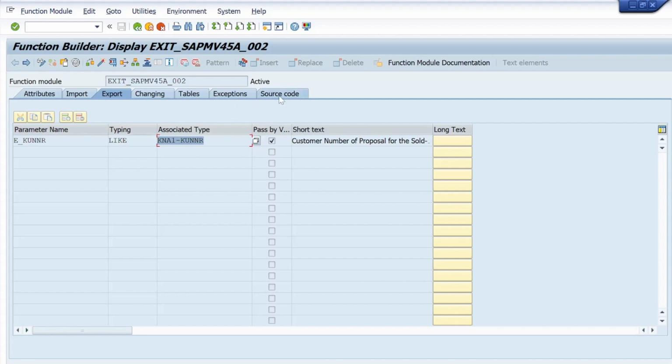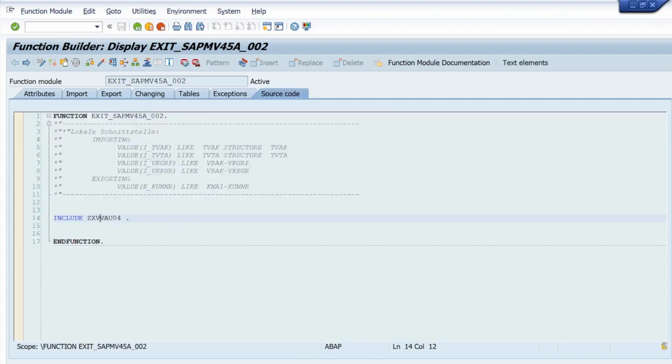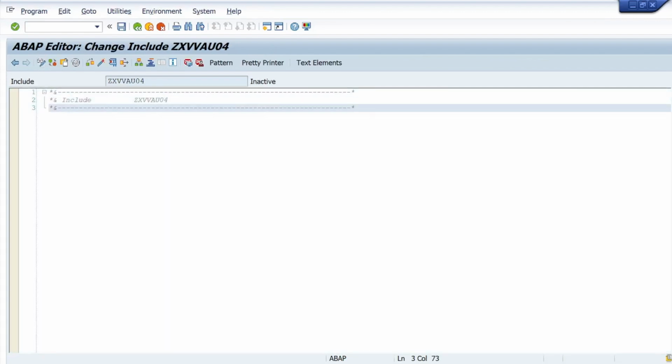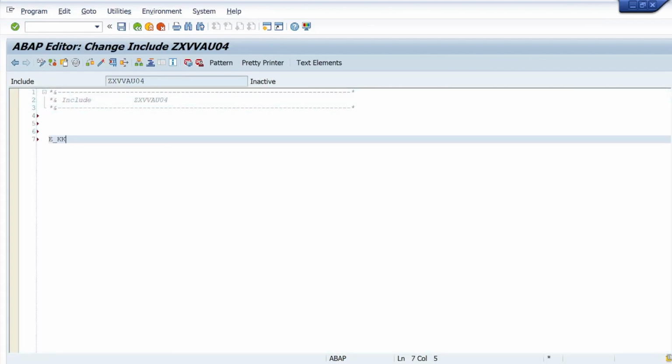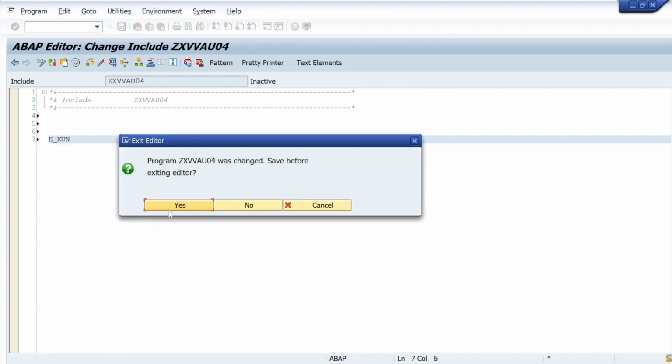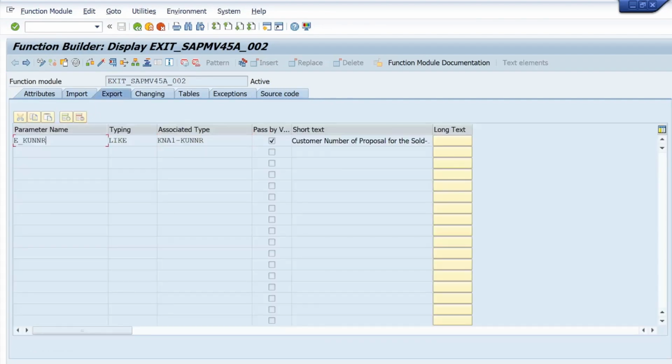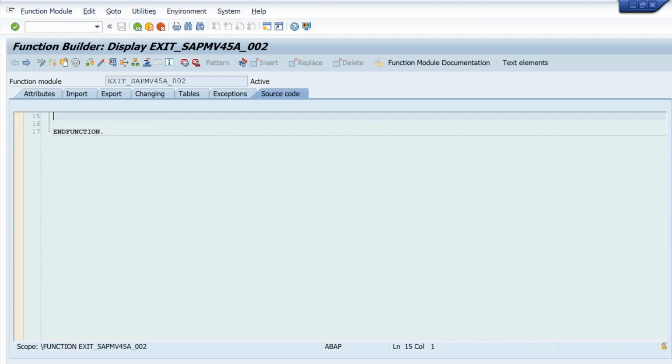So here, whatever customer number you are going to pass, exactly that customer number is going to be sent here. Let me bring back the type first again, export. There is the parameter. Get back to the code, open the include program,